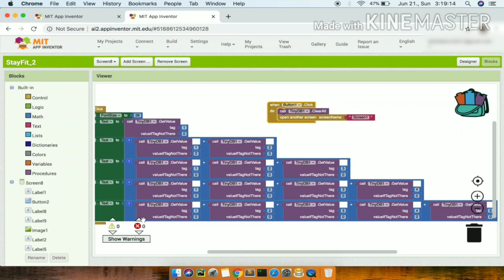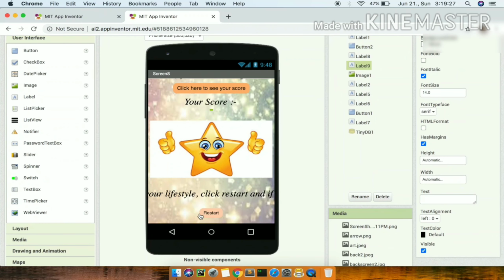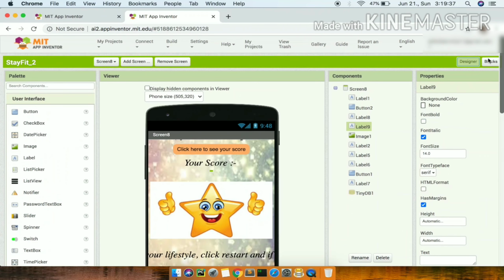This was our click here to see your score button, and then we also have a condition here in the last: if you want to restart your lifestyle, click restart, and if you want you can quit. So if anyone clicks the restart button, now we'll go on to the block section.